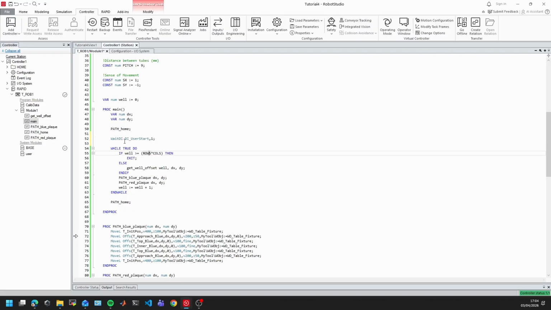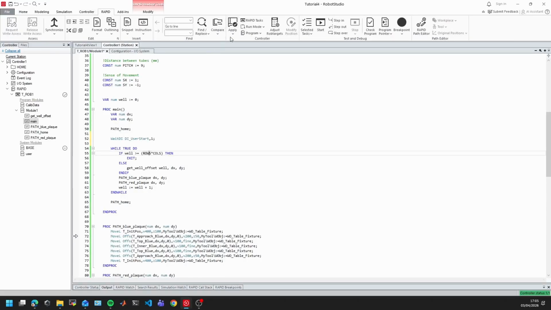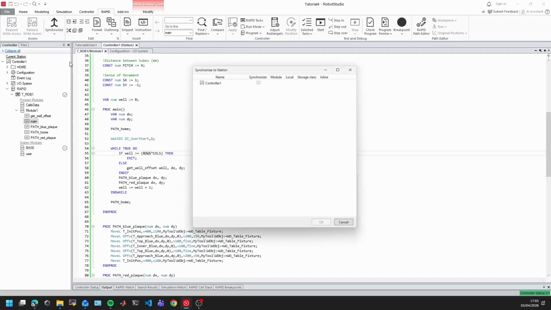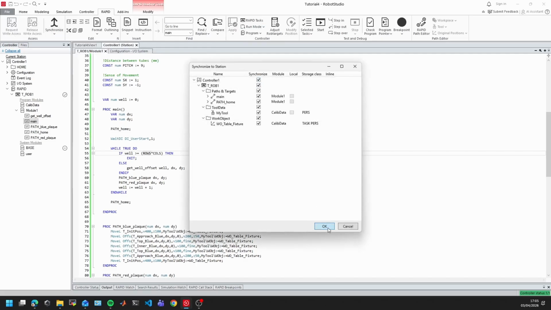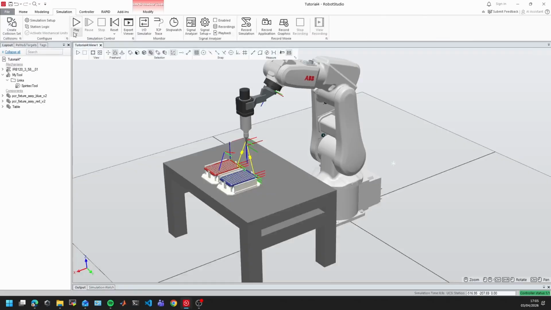So now what's going to happen is it's going to go home and it's going to wait until I press this button, and then it's going to start the program. Okay, so now we apply all, and then we synchronize to the station, synchronize everything. Okay, and then we go to simulation. But before